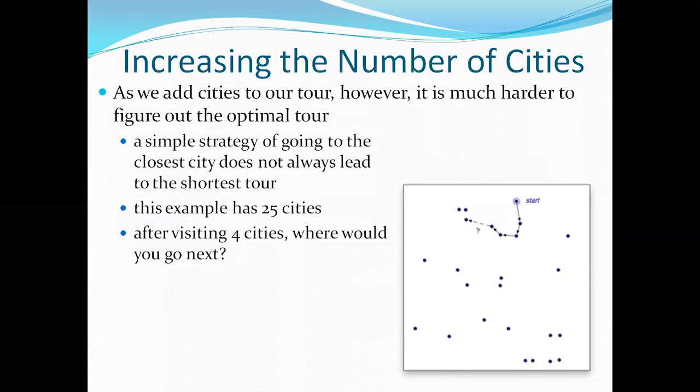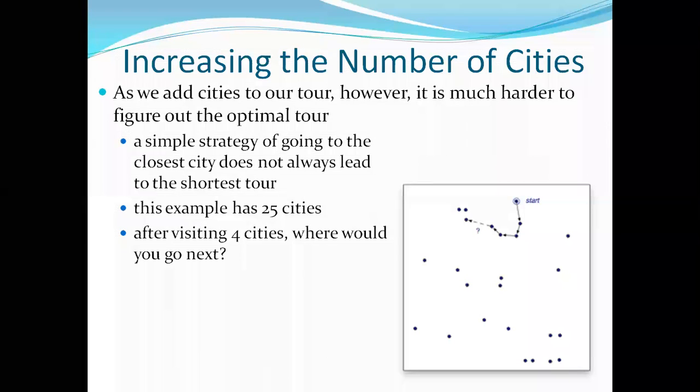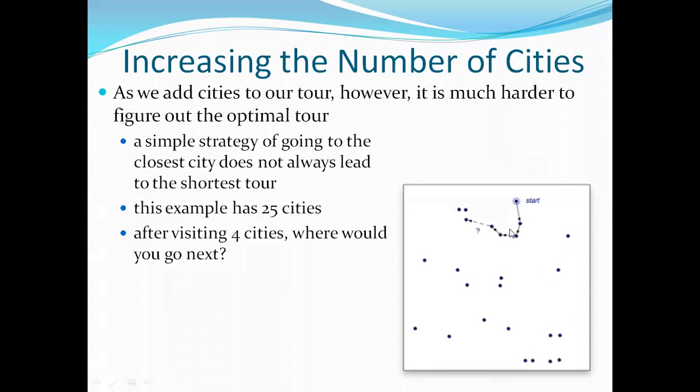Take an example of 25 cities to be visualized. After visiting four cities, where would you go next? That plays a major role. Nearest to the starting point there will be four different cities, and you approach the nearest distance. Then, for example, from one city to another you will have a range of 2 to 3 kilometers, from the second point to the third another 2 kilometers, and then 1.5 kilometers. And from the fourth point onwards, if there is a farther distance,